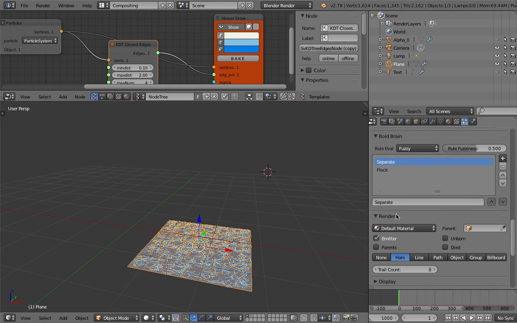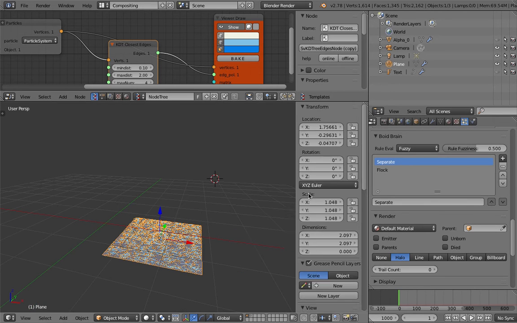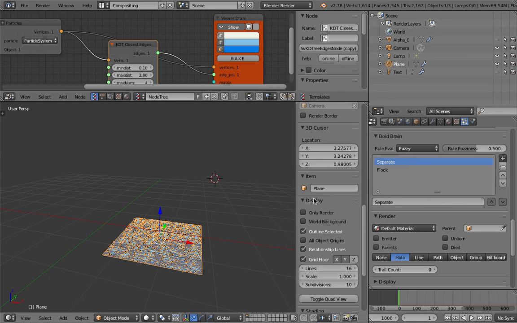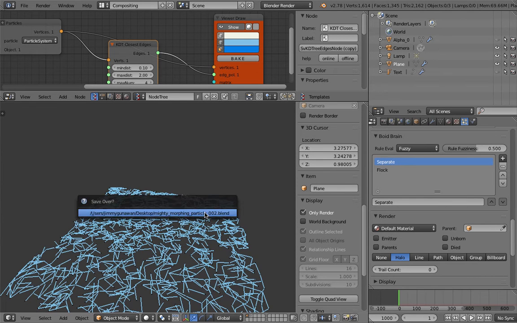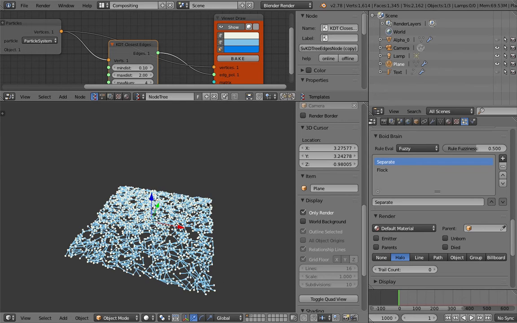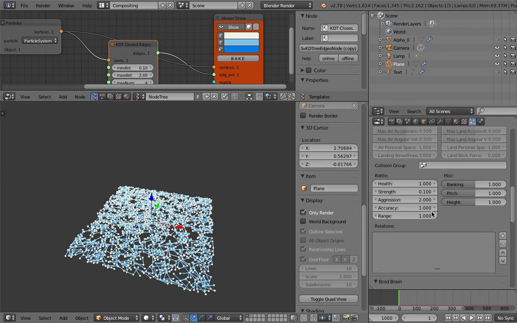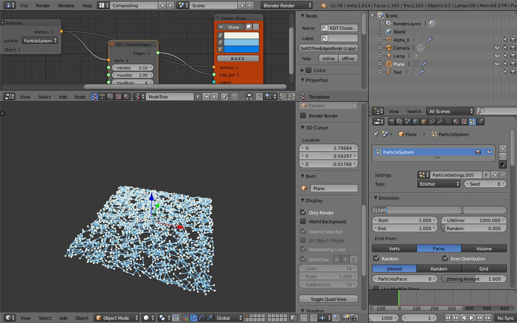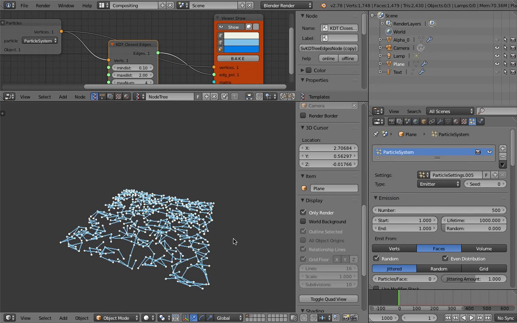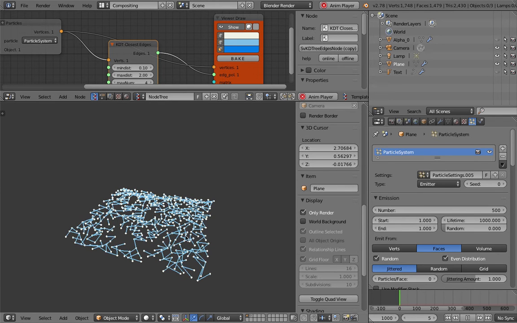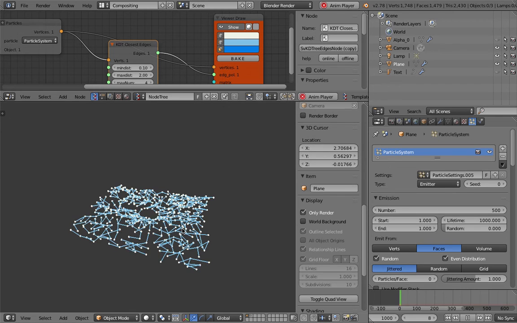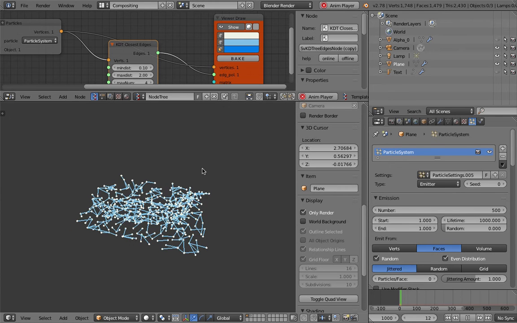I can turn off the emitter shapes display, only render. Okay, now we see the particles, and Sverchok's trying to do it. With the particles, I can actually have less. 500 is good. Okay, now still working, and it's even more interactive. These are the Boids particles trying to